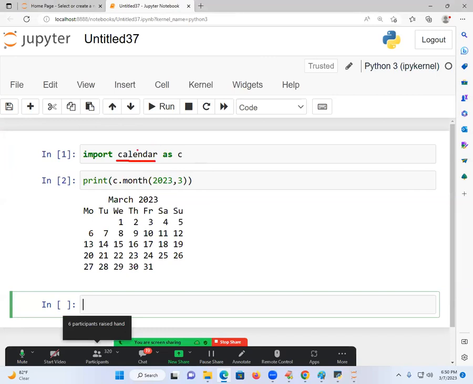Calendar. This calendar was already available in which software? Python software. So is Python easy to write the coding or difficult to write the coding? To write the coding easily, what must you learn? Libraries. Libraries in Python are called what? Right. Learning Python is equal to learning about what? That's all. Learning about the C language is nothing but learning about header files.